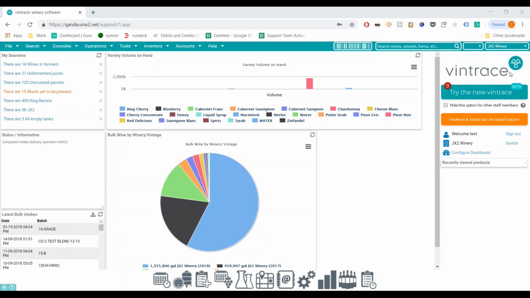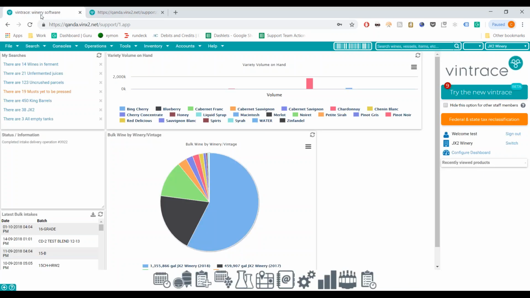Alrighty, let's get underway. So I guess the first thing I want to look at, just some very basic features that I think not everyone's aware of, but are very handy. So in the bottom left, you've got two little tiny buttons there. One's just to open another tab. So obviously you could be working on a few things at once. So you might have a work order open and you want to know exactly what tank you've got available to use. So you can actually just open up a second tab of vintrace, and that will then let you work